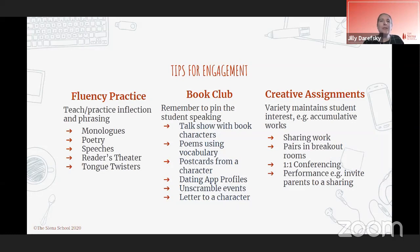It's important to integrate each student's strengths and interests, so try to vary the activities you incorporate into your class. Monologues, poetry, readers' theatre, tongue twisters are just a few ways to practice fluency, and book clubs provide opportunities to assess reading comprehension. For those of you working with adults or high school students, don't forget to think outside the box. For example, asking them to create dating app profiles of the main characters is one way to maintain engagement